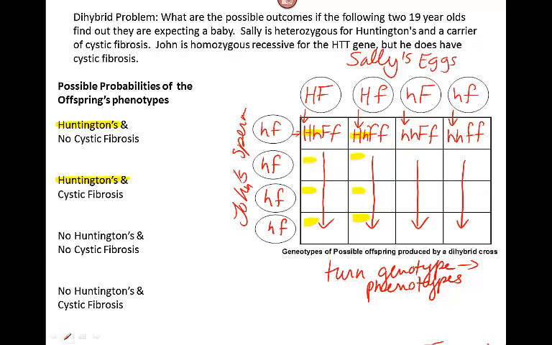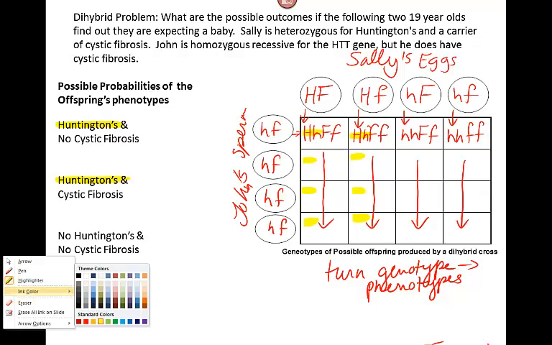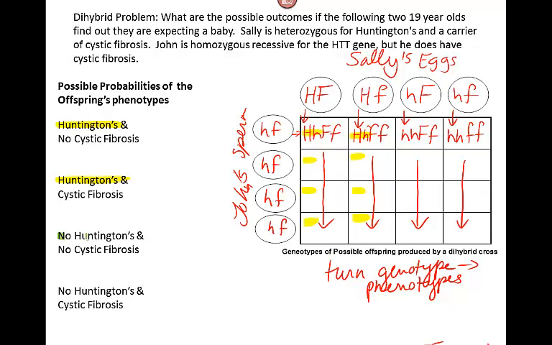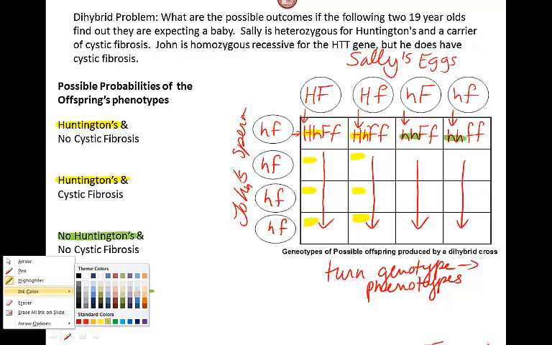Okay, and then change the color. Let's say green for no Huntington's. The only way to get no Huntington's is two little h's. So two little h's, no Huntington's. Okay, and then let's go ahead and pull some